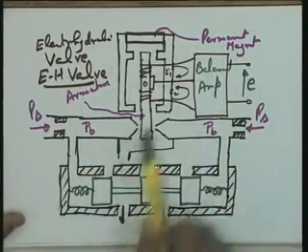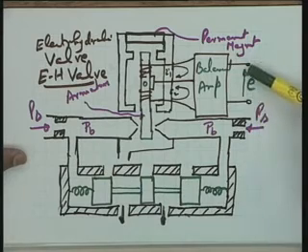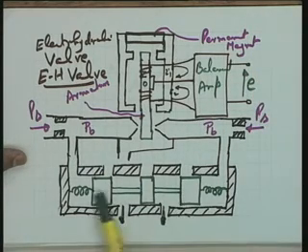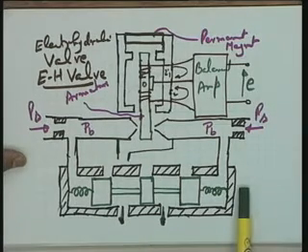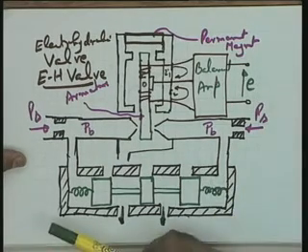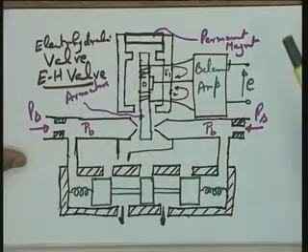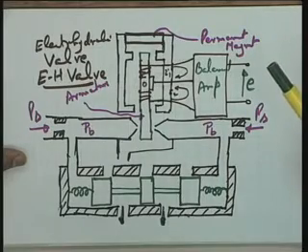Okay, in that case, let me continue with this. Back pressures here are equal. Now let us say E is positive. I want to convey to you that the movement of the spool is sensitive to the polarity and magnitude of E. If E is positive, this should move in one direction. If E is negative, in the opposite direction, and the net displacement should be proportional to the magnitude of E. This is what we want to have.